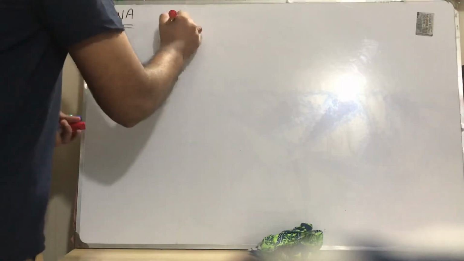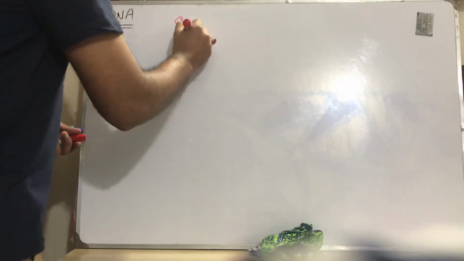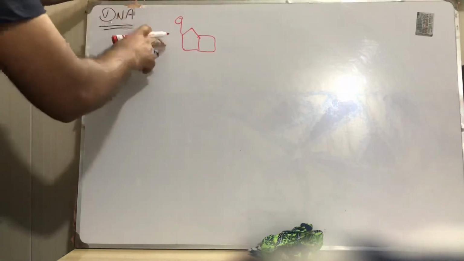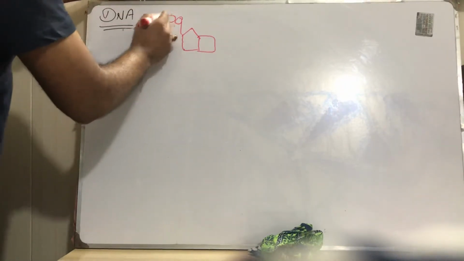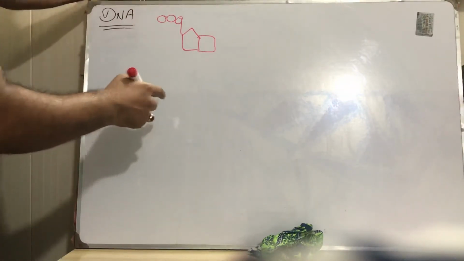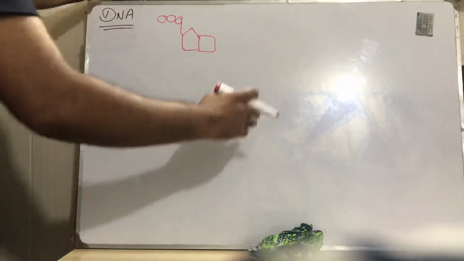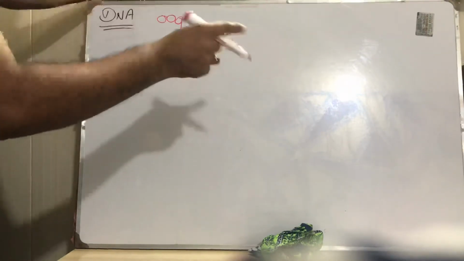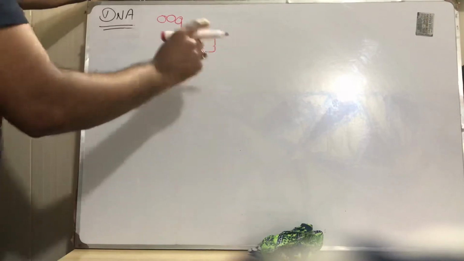Okay, one more thing about these nucleotides. Onward, I will draw them like this. A nucleotide may be in the form of a monophosphate, a diphosphate, or a triphosphate. In the DNA, the monophosphates are present, but in the cytoplasm, triphosphates are abundantly present. Nucleotides are in the form of triphosphate in the cytoplasm, and in the DNA they are monophosphate.